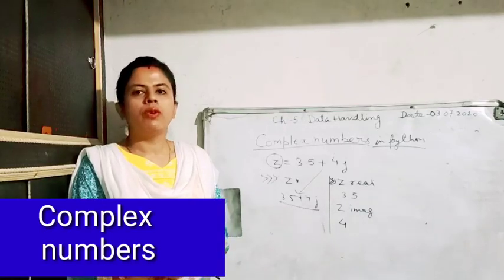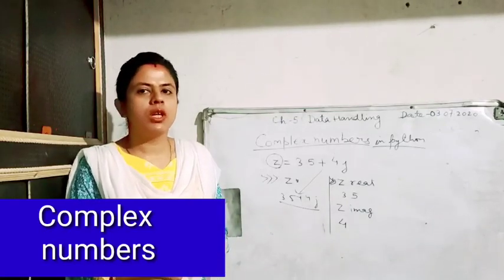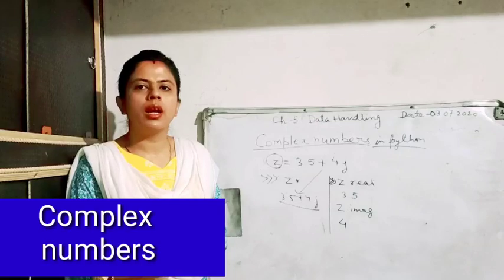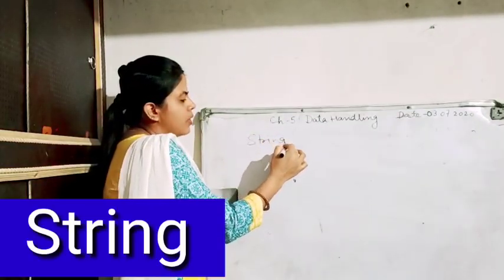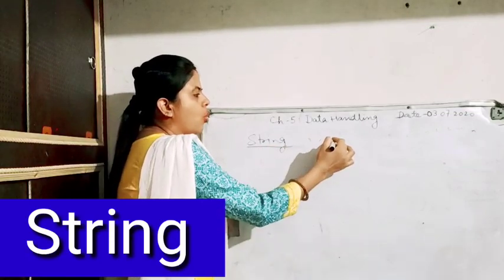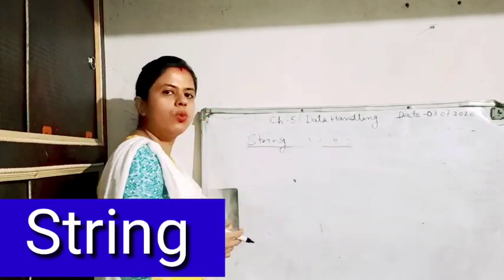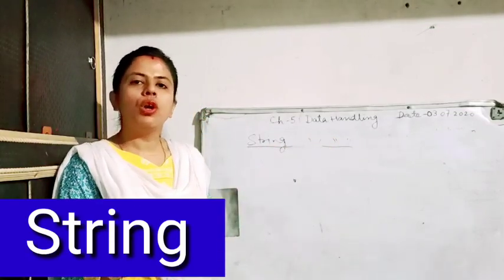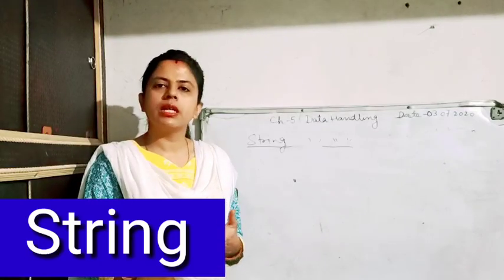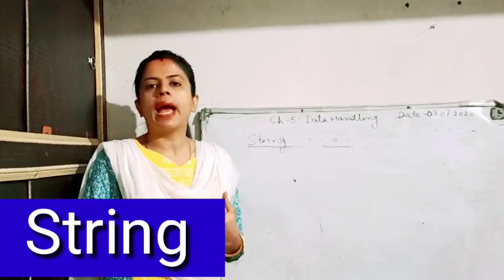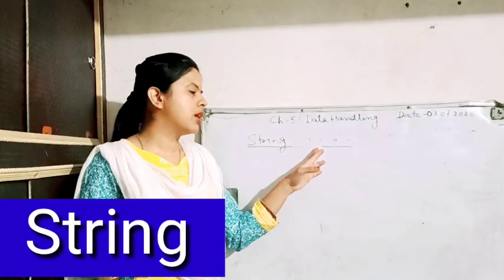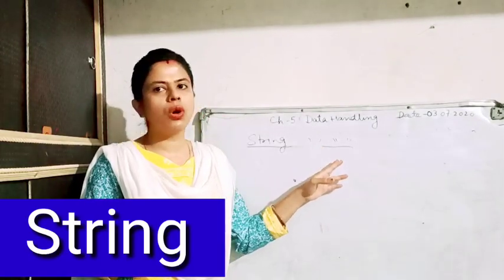Moving forward, now we will study a gist of the string data type, because we have already studied it. Let's see it once again. String data type, anything which is enclosed in a single quote or double quote will be said to be a string. So if you want any number to be represented as a string, or any particular special character as a string, you have to enclose it with a single quote or double quote.